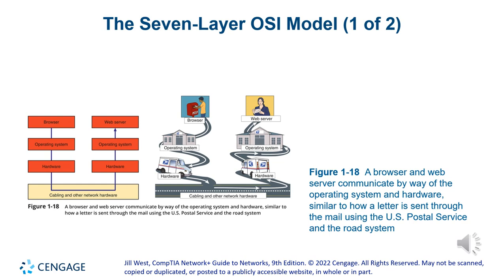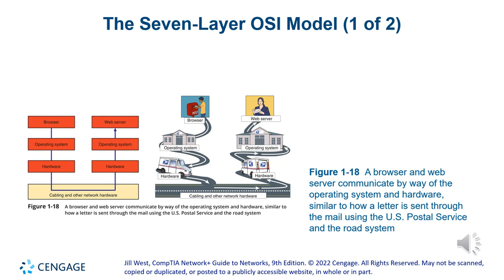All right, so now we jump into the meaty part of this chapter, which is the 7-layer OSI model. The book makes this analogy, which is a really good analogy, of how you go through multiple steps in order to have communication between a browser and a web server. In this case, the browser is your Mozilla or your Edge browser on your home computer, and you're trying to reach a web server